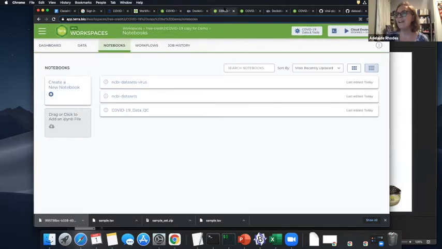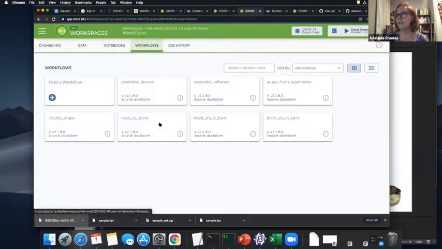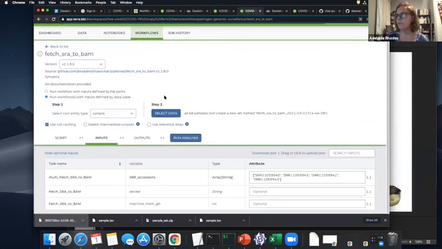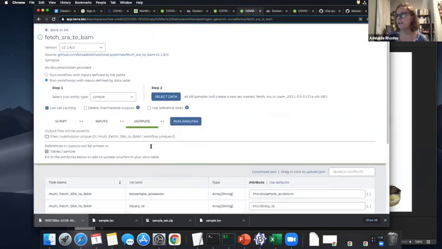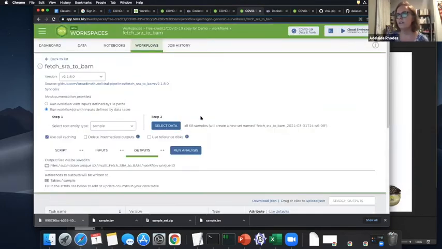And then, yeah, so you can auto load that. So here, if I go, I kind of messed it up because I added the workflow twice, but here, oh, it's not doing that. So here you see this. This is going to be a column called library ID. This is going to be a column called biosample accession. All right, and it's going to do it on each SRA